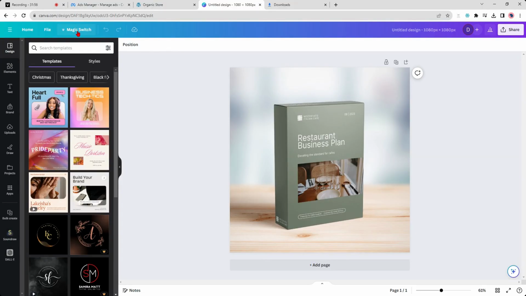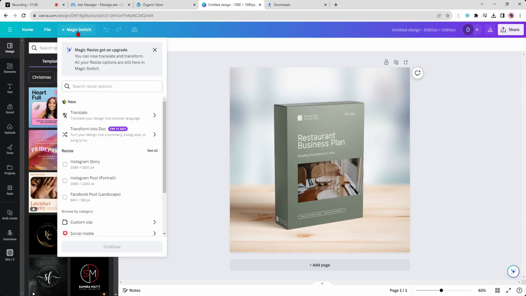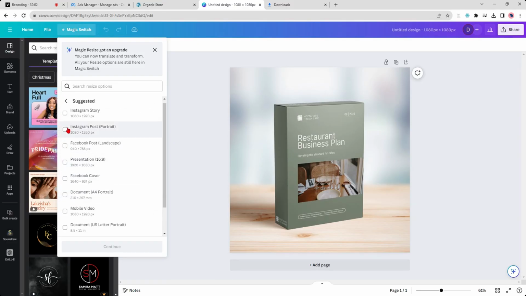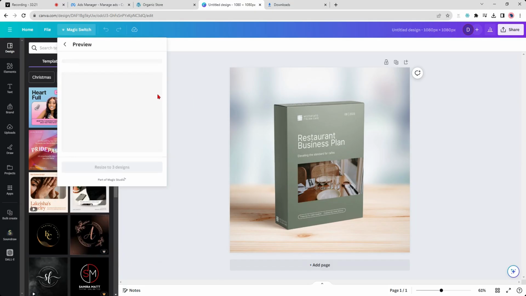Now we have Canva Pro, and as you can see, once we click on Magic Switch, we will be able to resize it to any number of sizes. Let's consider that we want a portrait of 1080 by 1350, the 16:9 one which is 1920 by 1080, and maybe a 9:16, which is basically this one, 1080 by 1920, the portrait mode. Okay, so there are three sizes that we selected. Click on continue,